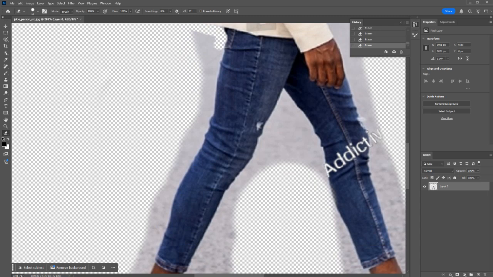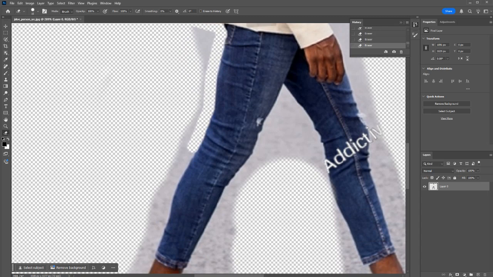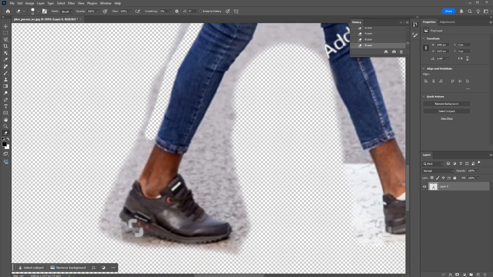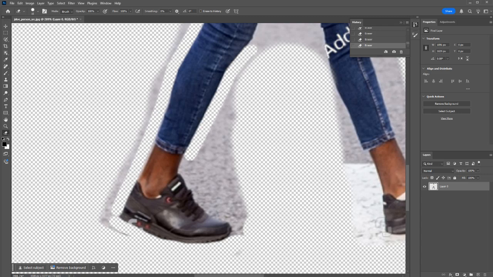And again, I'm not too concerned about the wrinkles in the fabric. Honestly, he's going to end up being pretty small in the background anyway, so it doesn't really matter. You're just going for, as long as he looks like a human shape, that's what we're aiming for. If you did have an image that was slightly simpler,